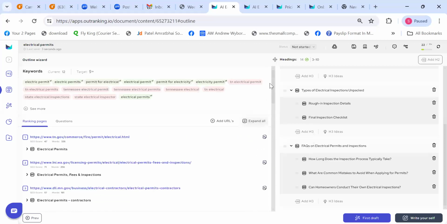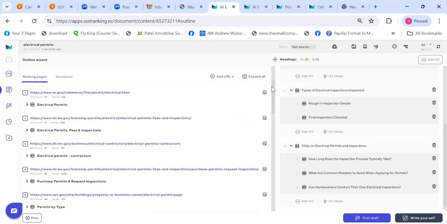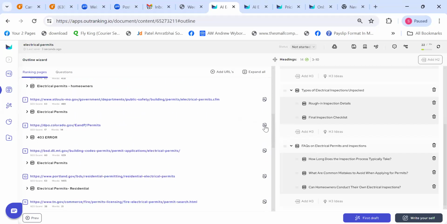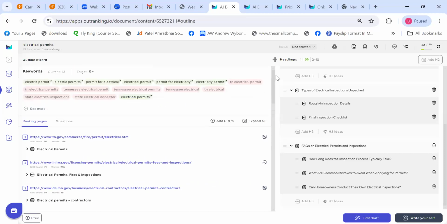Similarly, let's say there are a couple of URLs which are not really good, which do not have factual data, but unfortunately they are in the top 20 ranking pages. If you would like to remove them, simply click on this icon, and that particular domain will be removed from the entire background research. The content will be removed from the entire background research. This way you can customize your background research and automate it in a way which will help you generate even more superior quality output.